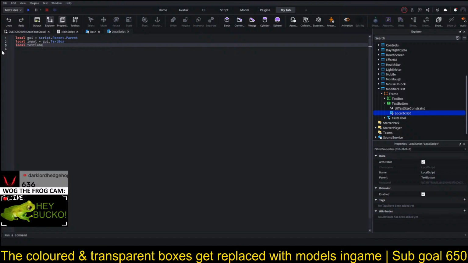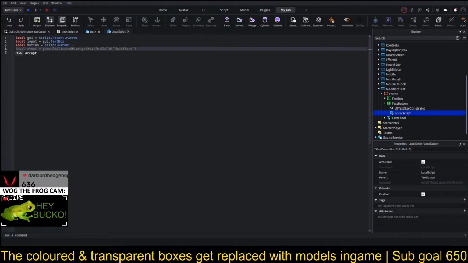Local text label was GUI.TextLabel. Wait, no, not text label. I want button. Goodness. Go to parent. I think it'd be better to just have GUI.TextButton. Okay, and then